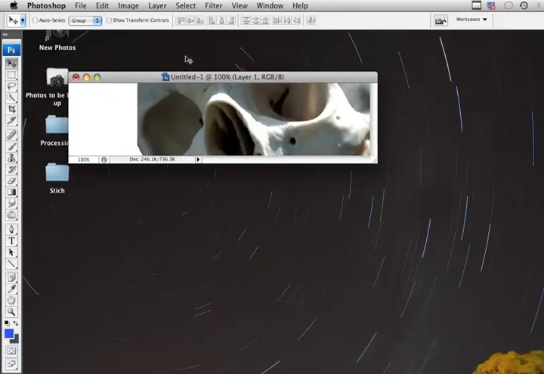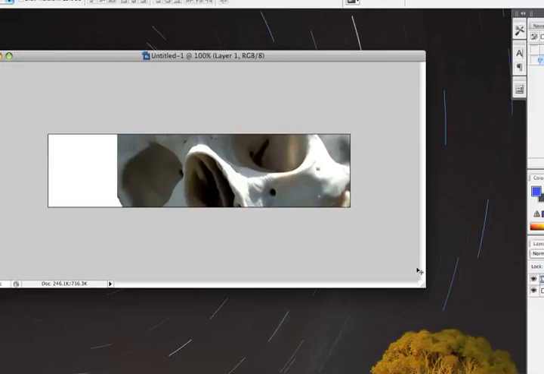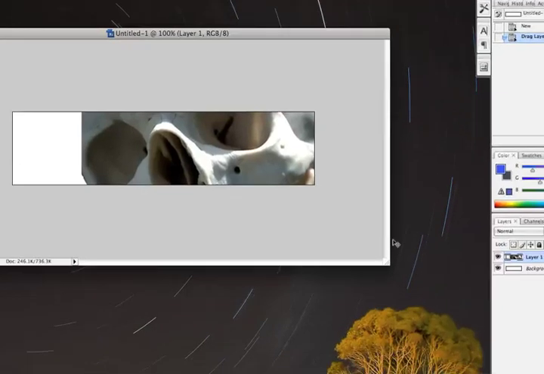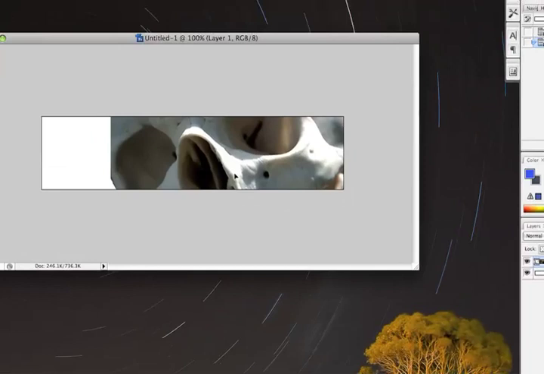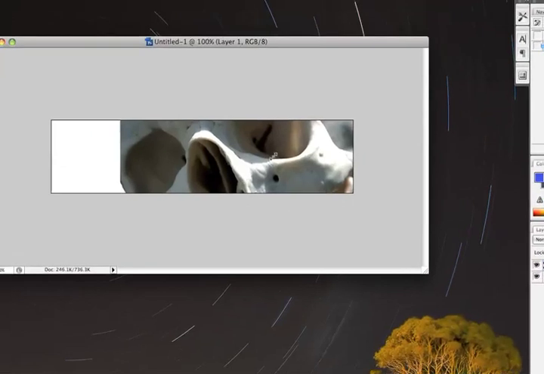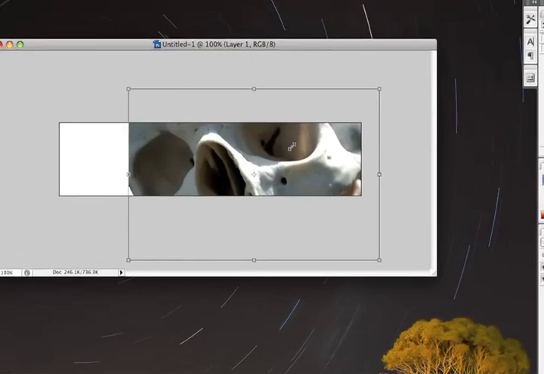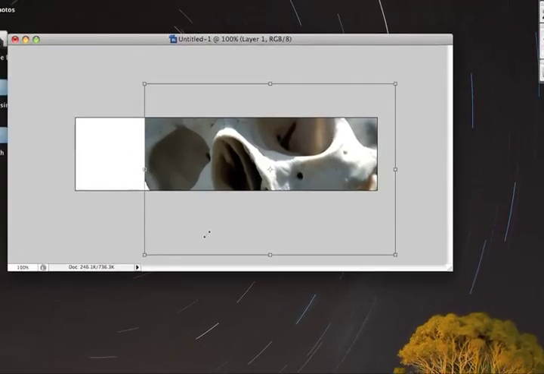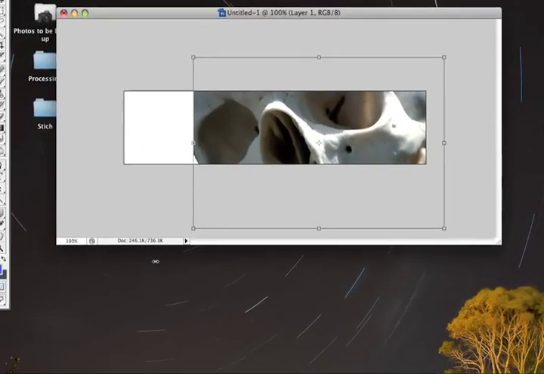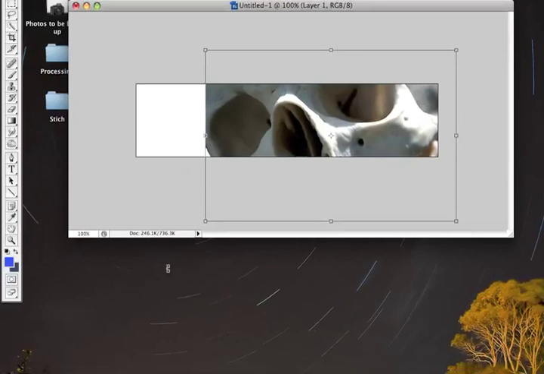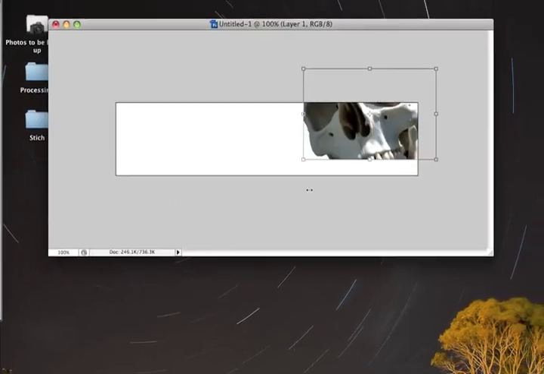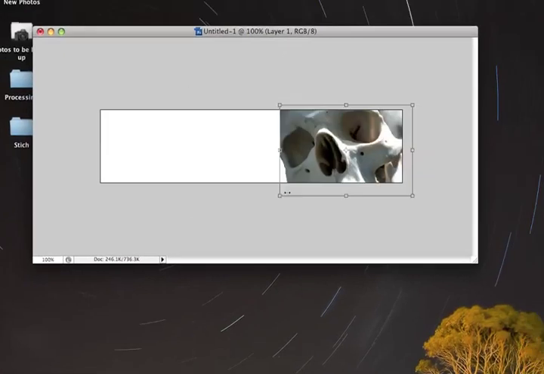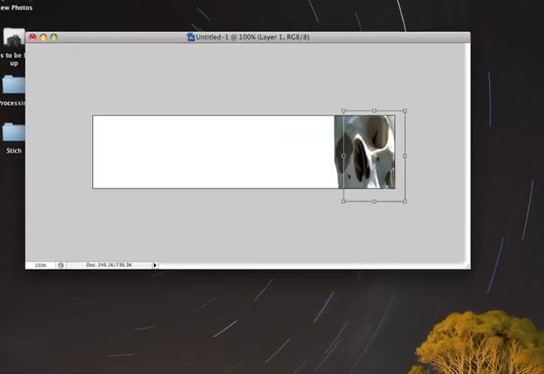Now you can see that that is just too big to use as part of my banner. It doesn't look very good. So what I'm going to use now is what we call the Transform tool. So I'm going to hit Apple T on my keyboard, and you can see the outline there of the image. Now if I hold down the Shift key, I can drag the corners in and it will stay proportional to the size. If I don't hold down the Shift key, I can then drag